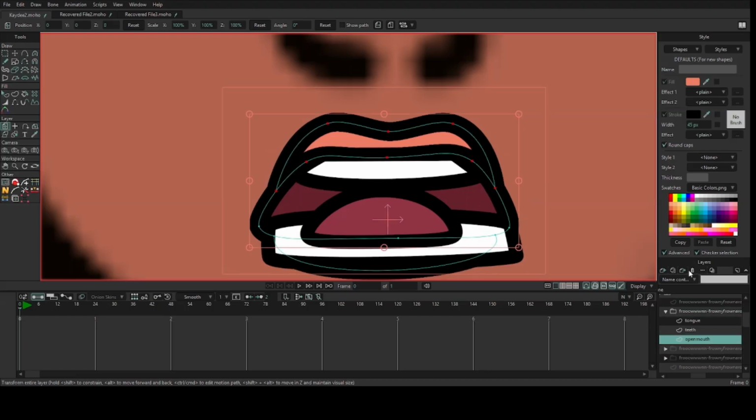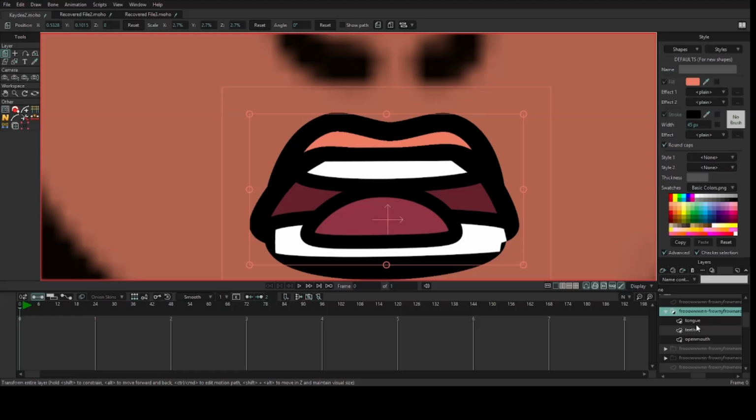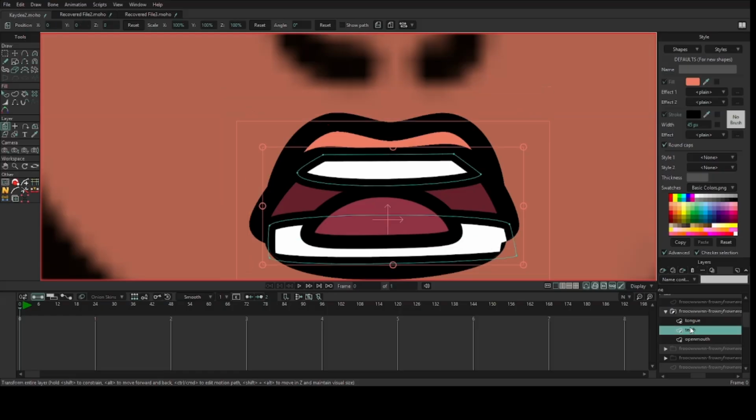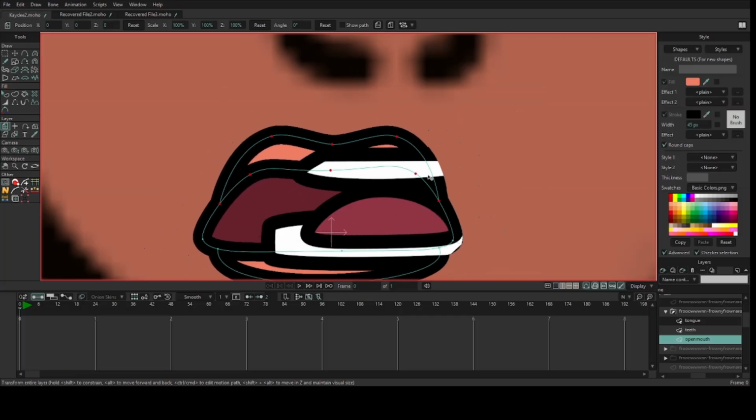I think the problem is the weird masking. You probably can't see any of this, but I am going into the masking, seeing what's going on with it. Because it should be masking the mouth, you know?